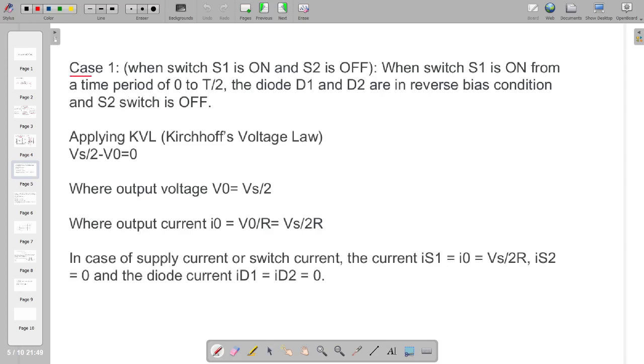So for the detailed operation, we need to verify one more time. When S1 is on, S2 is off. S1 is on means it is short circuited for the time period 0 to T by 2. So diode 1 and diode 2 are in the reverse bias condition, and S2 is also in the off condition. So apply